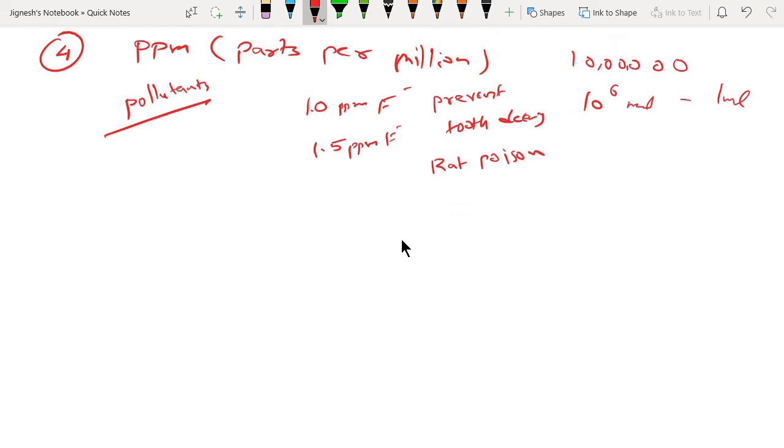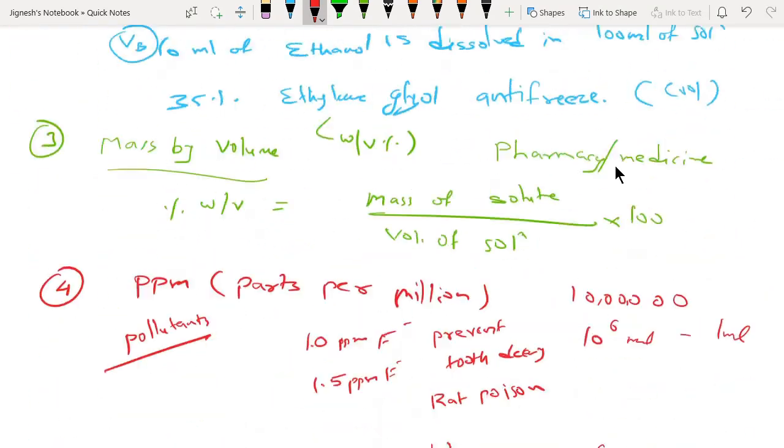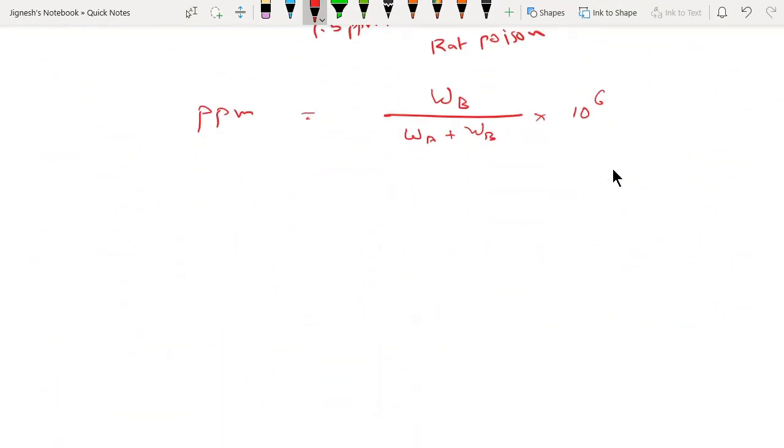હવે એના માટે ફોર્મ્યુલા શું? તો કશું જ નહીં કરવાનું, બધું બહુ અલગ અલગ રીતે આપ્યું છે, આપણે કોઈ કન્ફ્યુઝન કરવાની જરૂર નથી. What we can say, ppmમાં લખી દેવાનું number of parts of component, એટલે હું આવી રીતે જ એને લખી દઉં. કોઈ પણ એક કમ્પોનન્ટ હોય એને divided by A plus B કરવાનું, એના કમ્પોનન્ટના number of parts of all components into 10⁶ કરી દેવાનું. That's it. Instead of આ જે પહેલી ફોર્મ્યુલા હતી ને બેટા એમાં 100 હતું, એની જગ્યા પર આ કરવાનું, તો you will get ppm. And one numerical can be asked on the basis of this, where 6 × 10⁵, એટલે આપણને ઓઝોનની ખબર પડે. So this is what we can have.